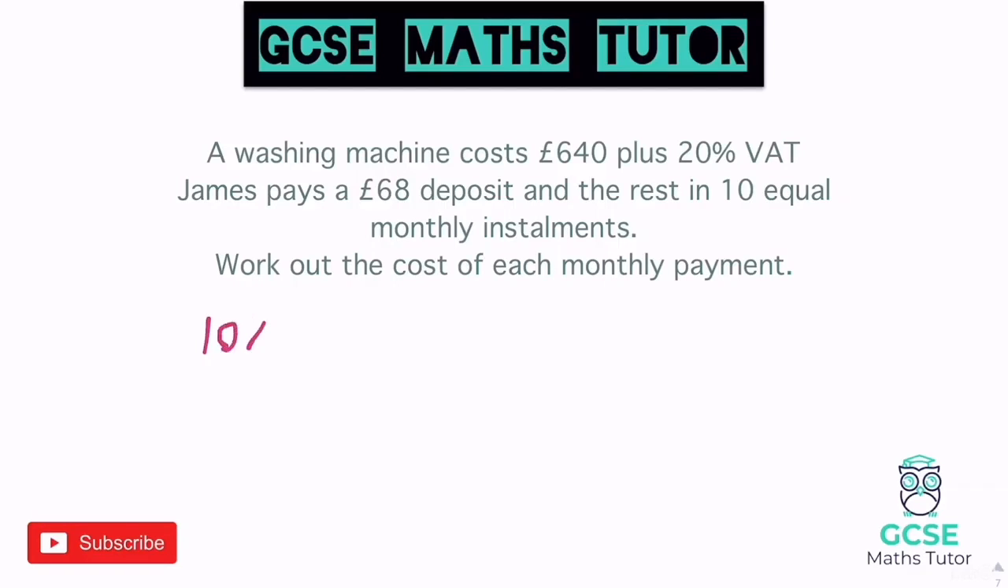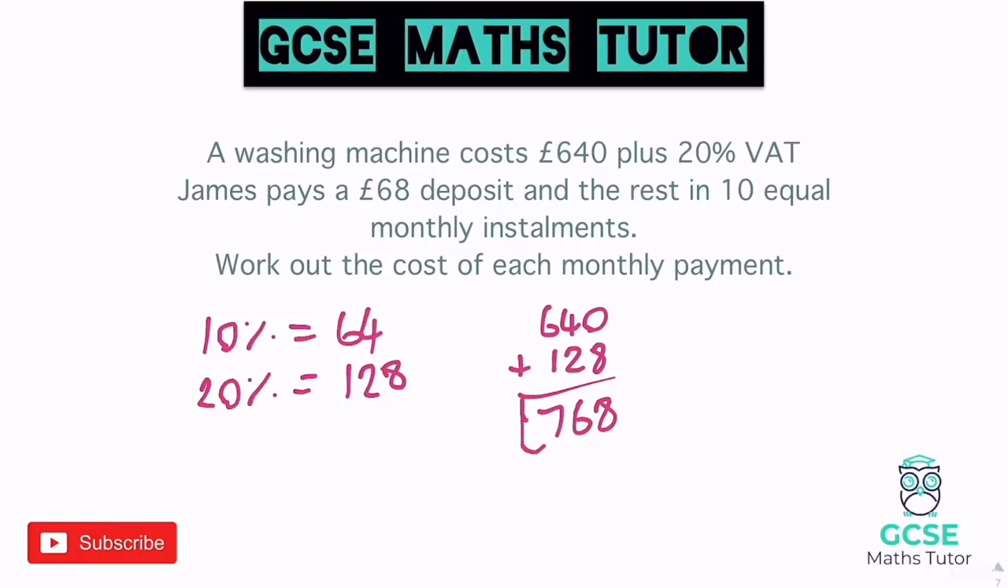10% is the most important percentage we ever have to work out, so we can work out everything from there. So we'll work out 10%. 10% is £64. 20% will be double that. So double that is £128, so that's the extra amount he's got to pay for VAT. So if we add these together, 640, add 128, we get